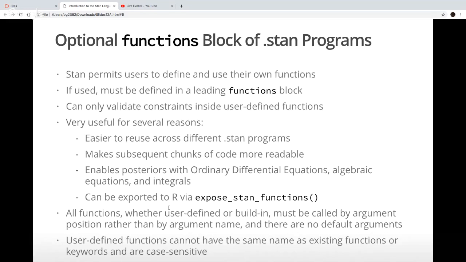We certainly haven't done anything along these lines yet, and we probably won't this semester, but it enables you to define posterior distributions that involve so-called higher order functions, like doing an integral or solving a system of ODEs or solving a system of algebraic equations, or some other stuff that involves optimization or root finding. You have to define the function that you want the integral of before you can call the integrate function in Stan. So by having our own functions, you can do posterior distributions that involve higher order functions.